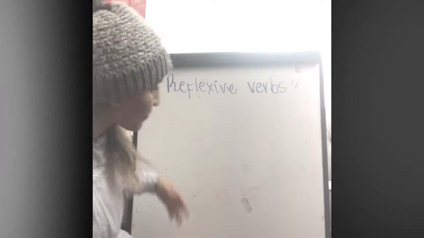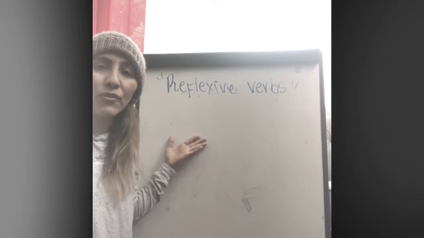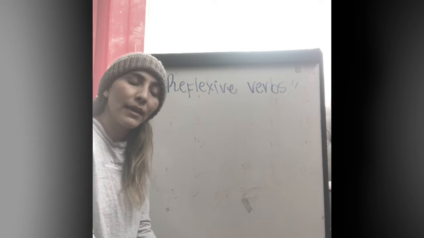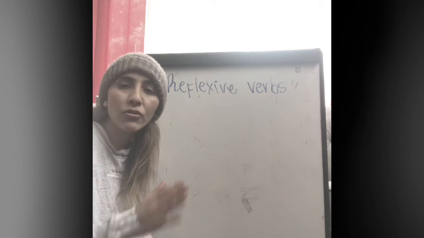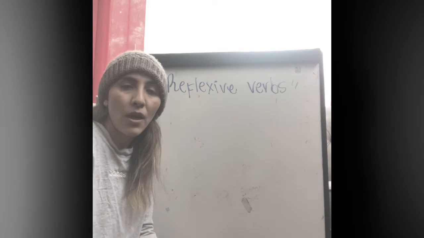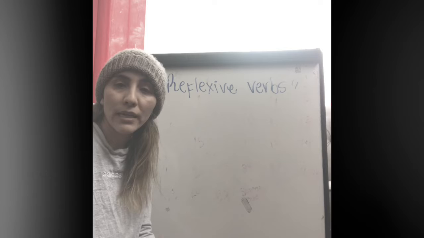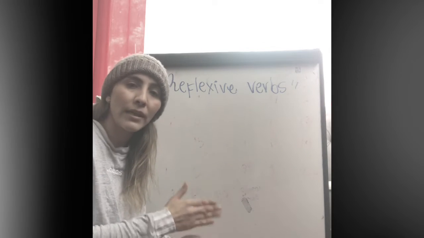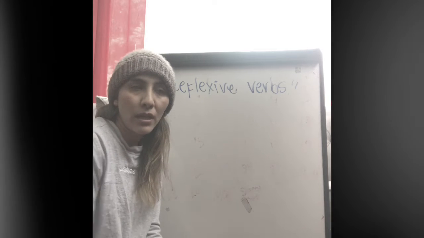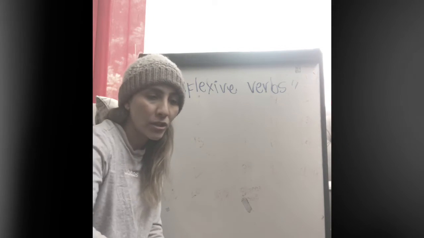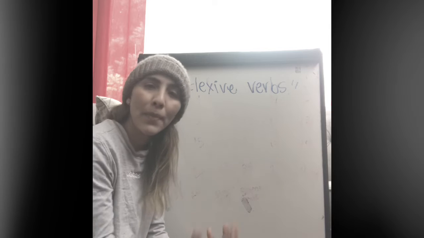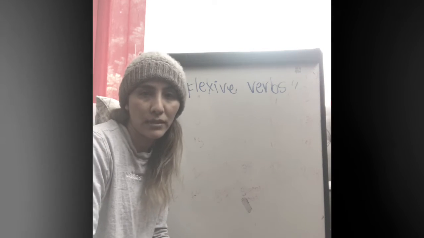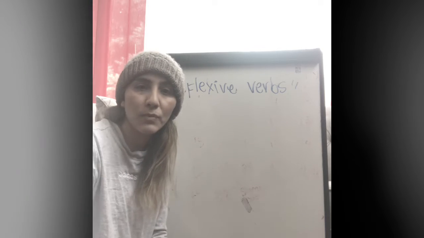So first of all, as you can tell, reflexive verbs are part of our Unit 7. Right now I'm reviewing 7.1. Reflexive verbs are all those actions that we do to ourselves. For example, when I take a shower, I'm receiving the action. So I'm the subject, and I am receiving the action. If I were to wash my dog, I am doing the action, but my dog is receiving the action. In that case, that would not be a reflexive verb. So make sure that you know the difference between the two of them.